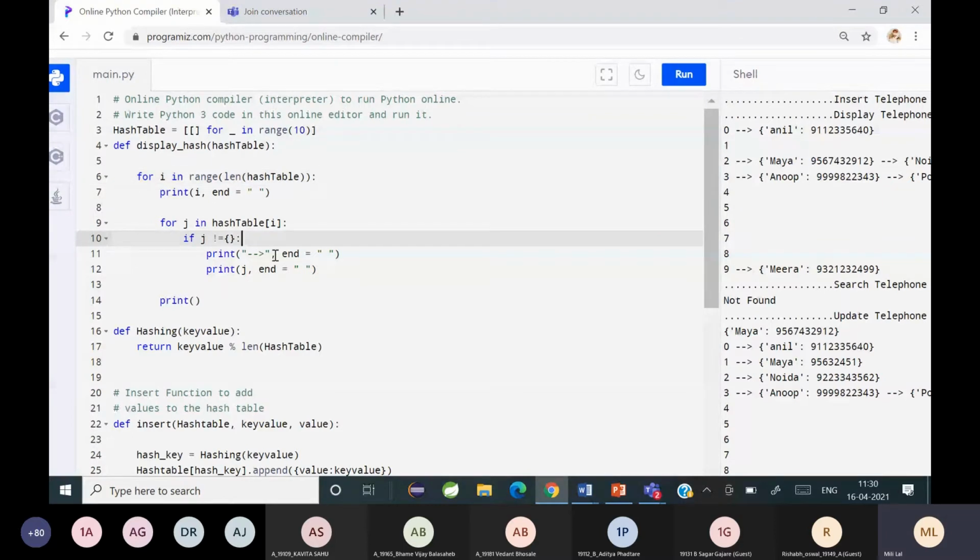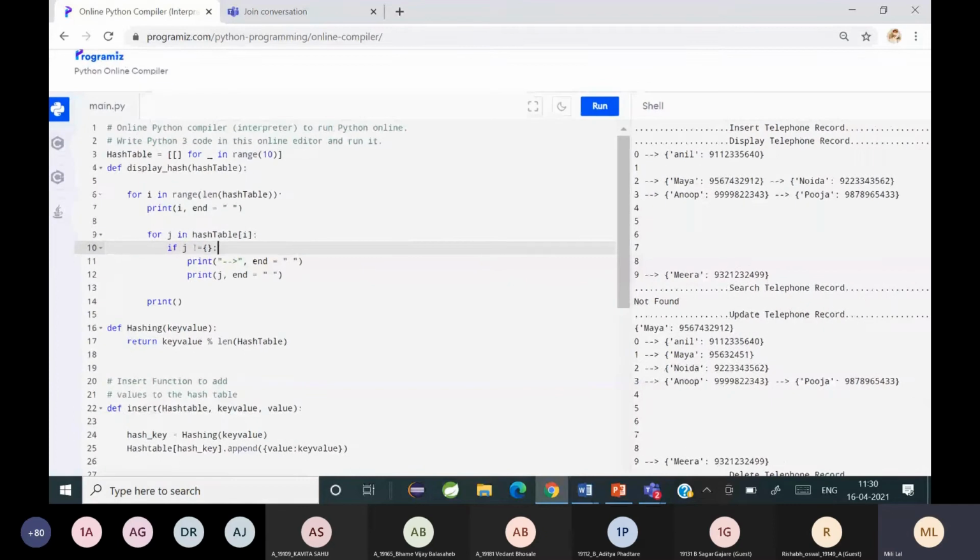The index will come here and then you need an arrow. So an arrow is getting printed and you're printing the J value. So J value is the content in that particular index. So you can see your print will be something like this. So just to show it in the form of chaining method or in the form how you are inserting it into the hash table, you're doing this particular function.